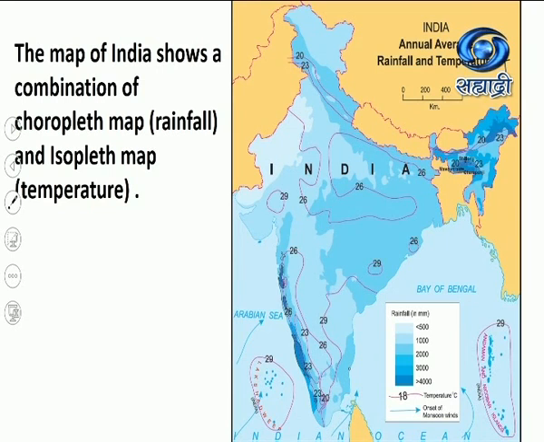The colored map shows the variation in rainfall, starting from less than 500 to a maximum of 4,000. Now these are the coastal regions where you find the Western Ghats, the Sahyadris, where they obstruct the winds coming from the Indian Ocean. Now these arrows are showing you the winds traveling towards India. They are the monsoon winds, south monsoon winds. As they travel from the south, they are called south monsoon winds.